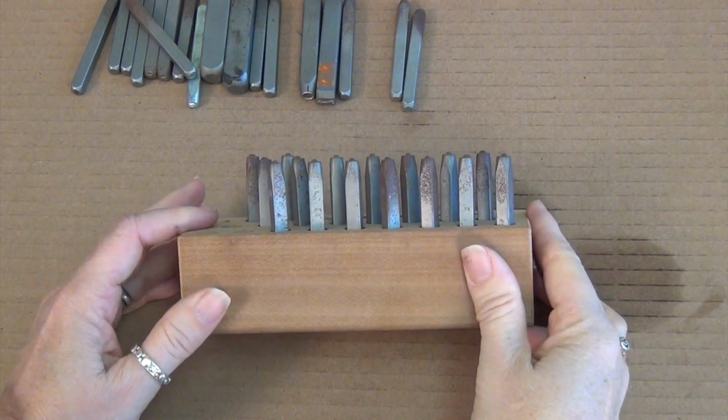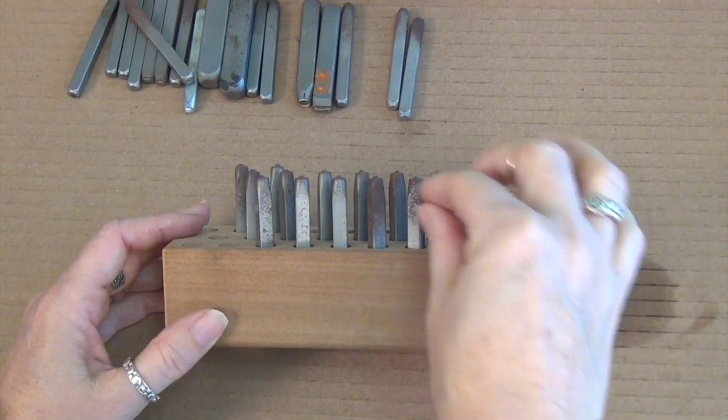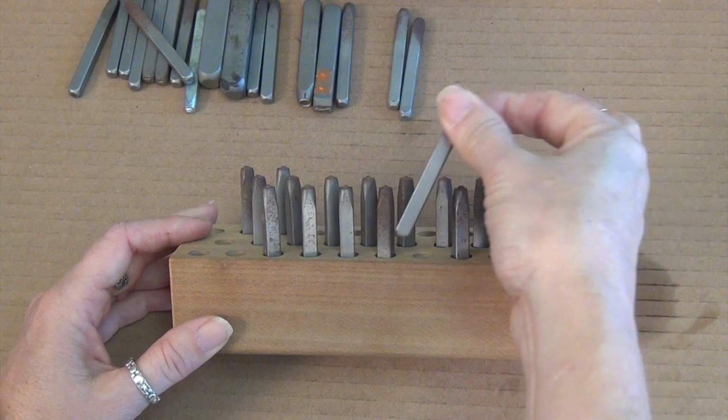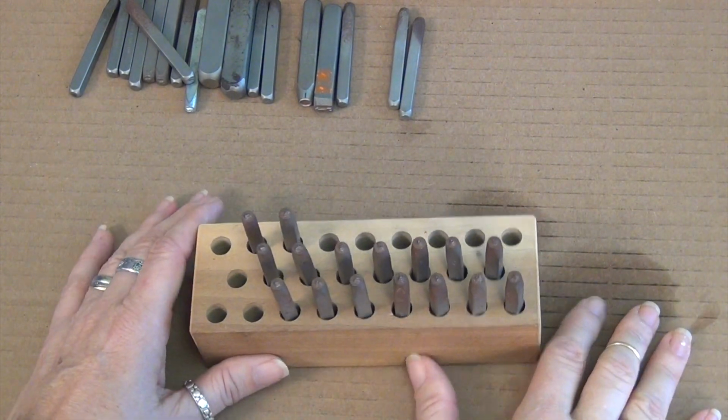So here's a set that Mel showed you. This is Taryn's set, and she kindly gave us her rusty stamps so we could show you. But to her benefit, they're going to come back clean. Like this guy right here, we took it out and we're like, oh, okay. All of the bottoms are fine. So it just shows you, maybe keep the lids on, put them in an airtight bucket when you're not